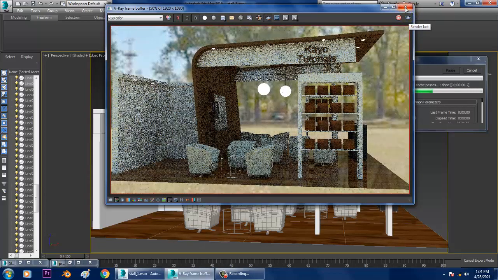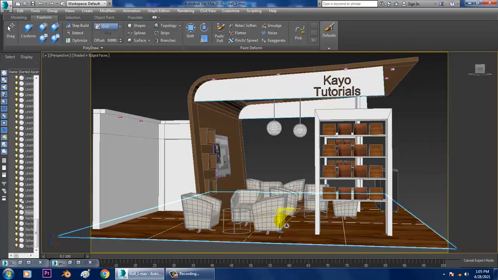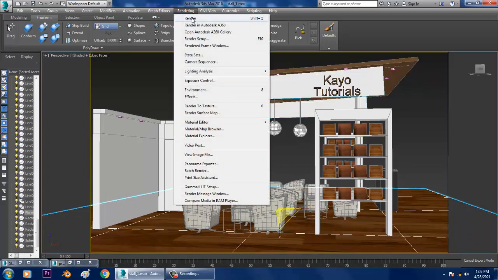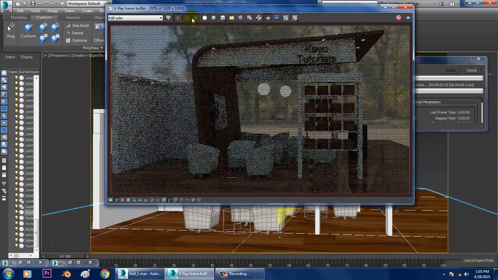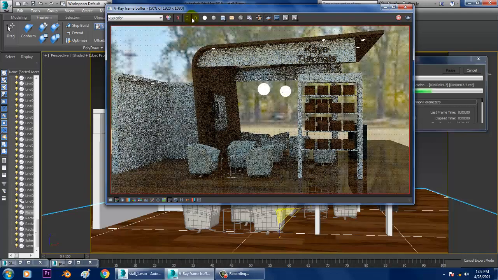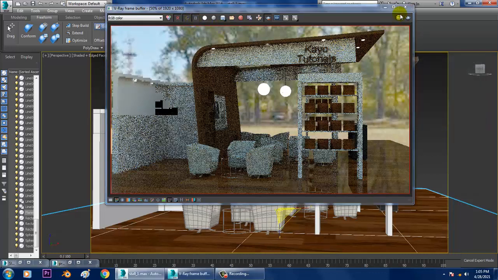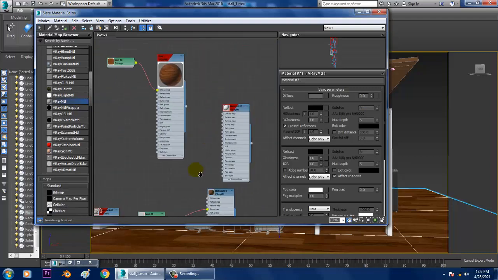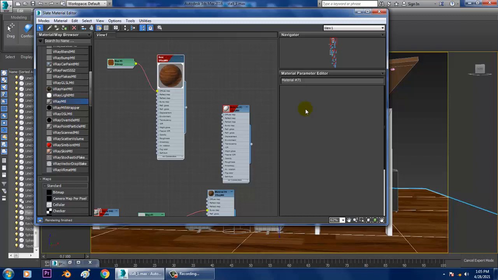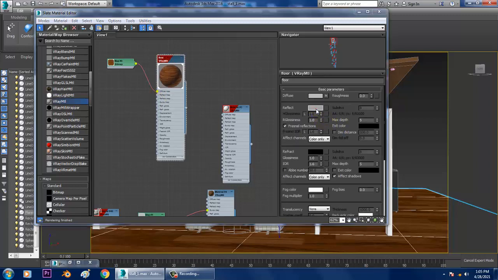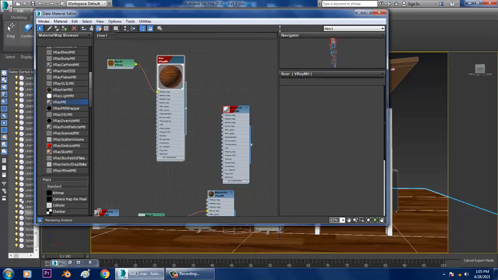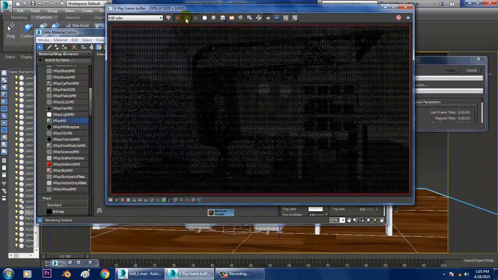So what I can do over here is, for now I'll just increase the size of this floor in the camera and let's render that. Much better. We are not done lighting anything over here. For the floor, if you look at it, the reflectivity is very high, so we can slightly reduce the reflectivity. That would be much better. And let's render it again. Much better.